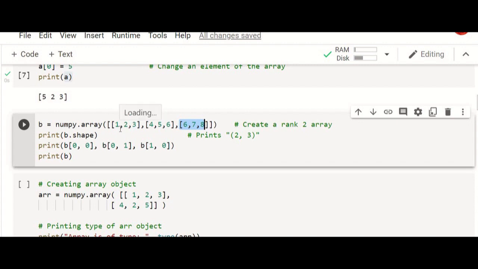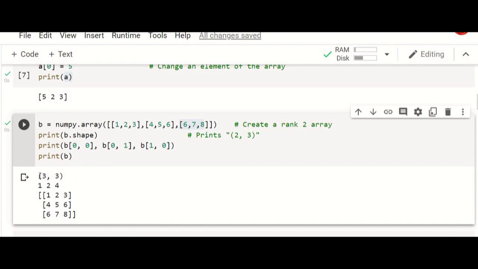Likewise, a 3 by 3 matrix is being created. That means the 2-dimensional array is being created, and if you display the shape, you will get the output like this. So 3 comma 3, 3 rows and 3 columns.